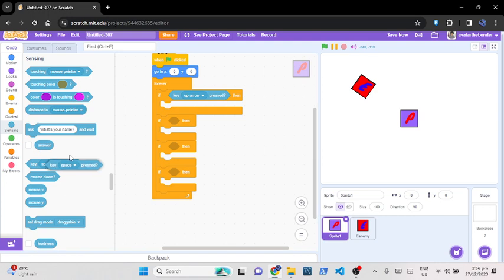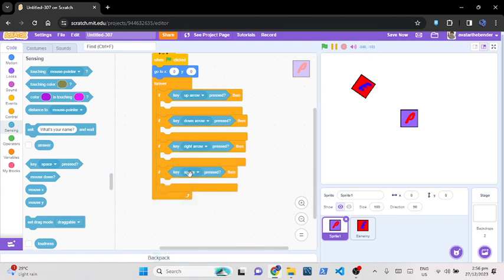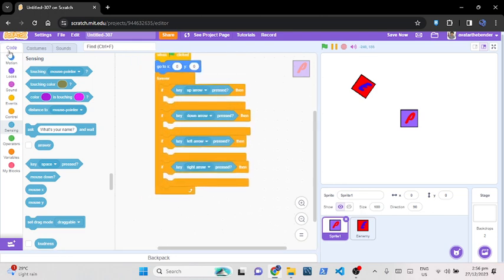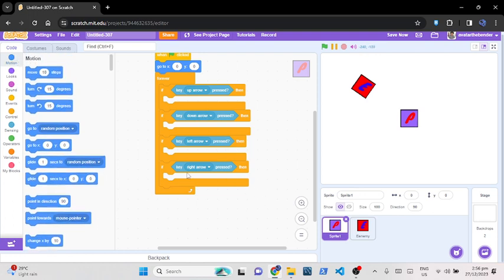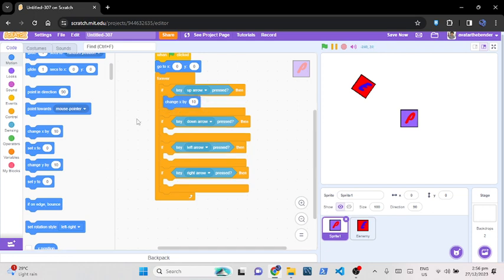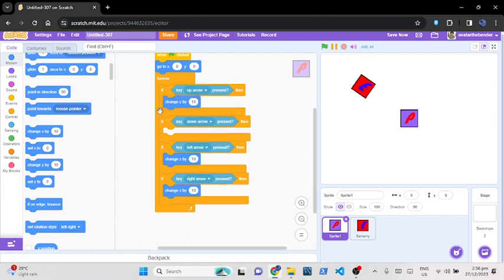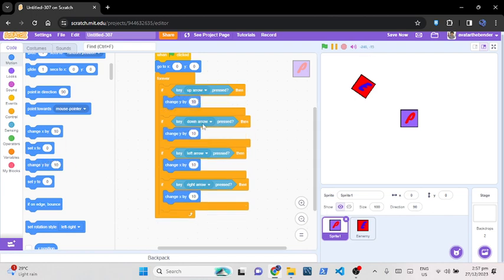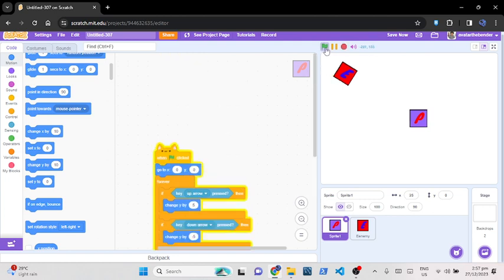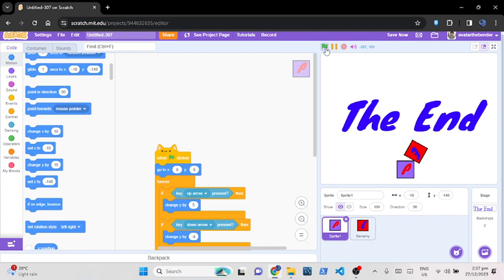Up, down, left and right. After we got the up arrow and the down arrow, all we need to do is change y by 5, and -5 for down, and then -5 and 5 for the x direction. And now you can see that